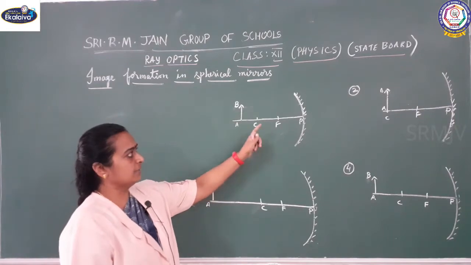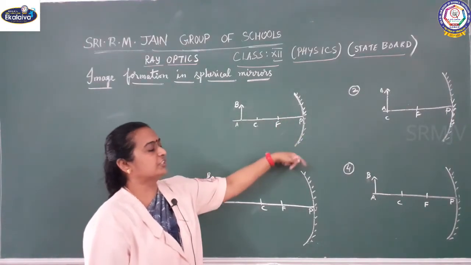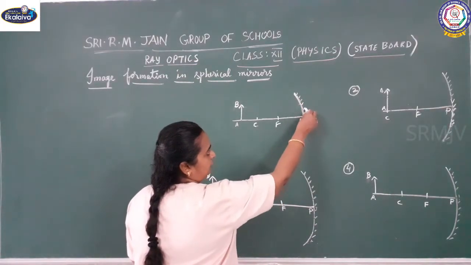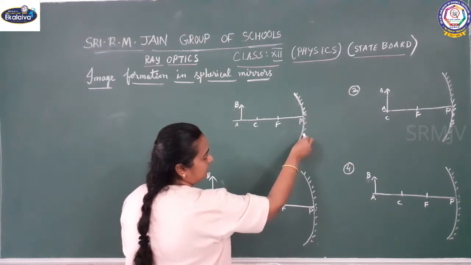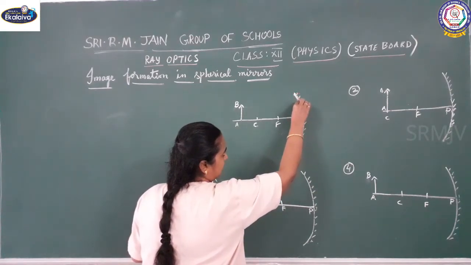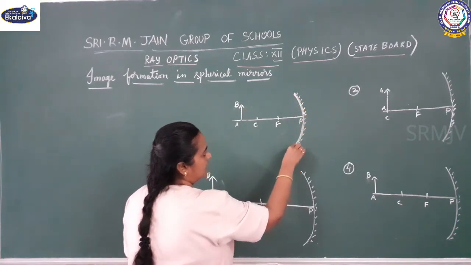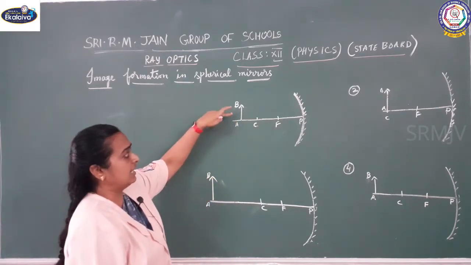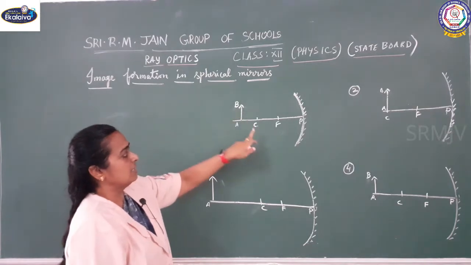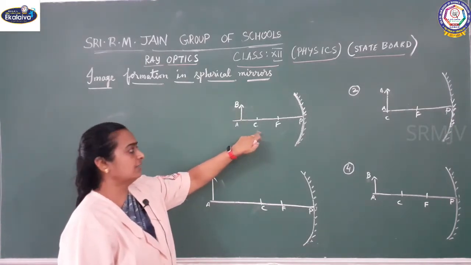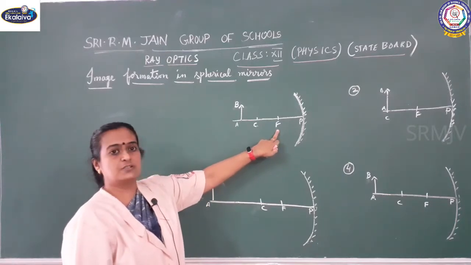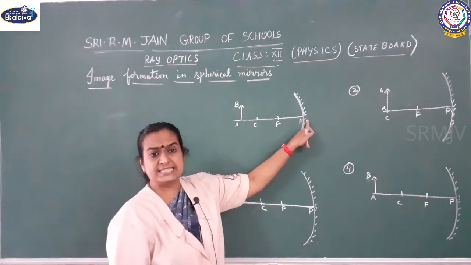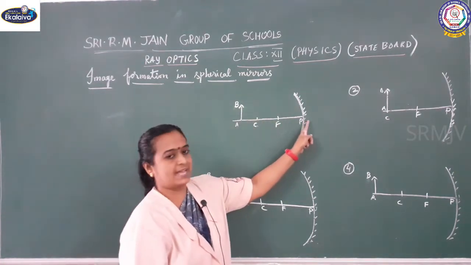Now this is the diagram. I am going to explain this concept with respect to a concave mirror. The lines that I have drawn here, this part is considered to be a non-reflecting surface, and inside is the reflecting surface of the mirror. Here AB is my source, so the light will come from this source. Here is the center of curvature of the mirror and this is the principal focus of the mirror, and of course you know P is the pole, otherwise also called the optic center, and this is the principal axis.